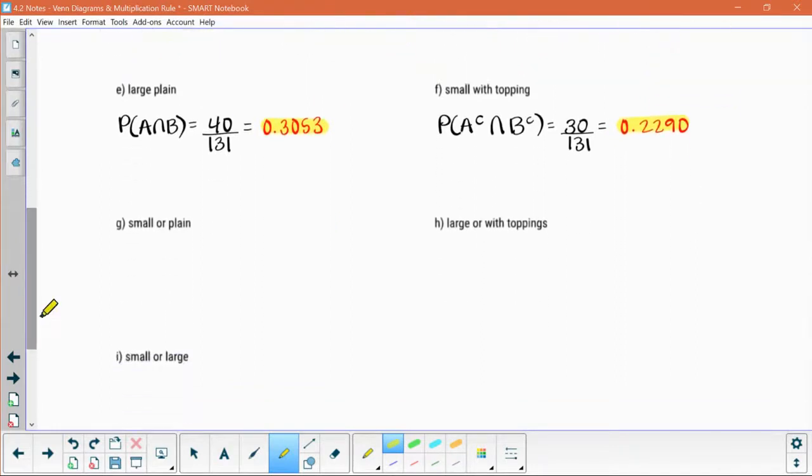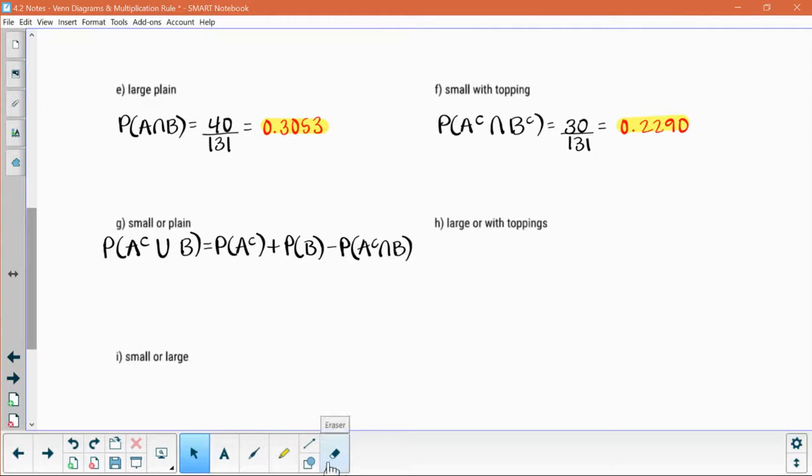Now for G, we want the probability of small or plain. So I'm going to have A complement or B. And remember, you can still approach this using the general addition rule. This is going to work. However, it's also very easy to go in and look at your actual